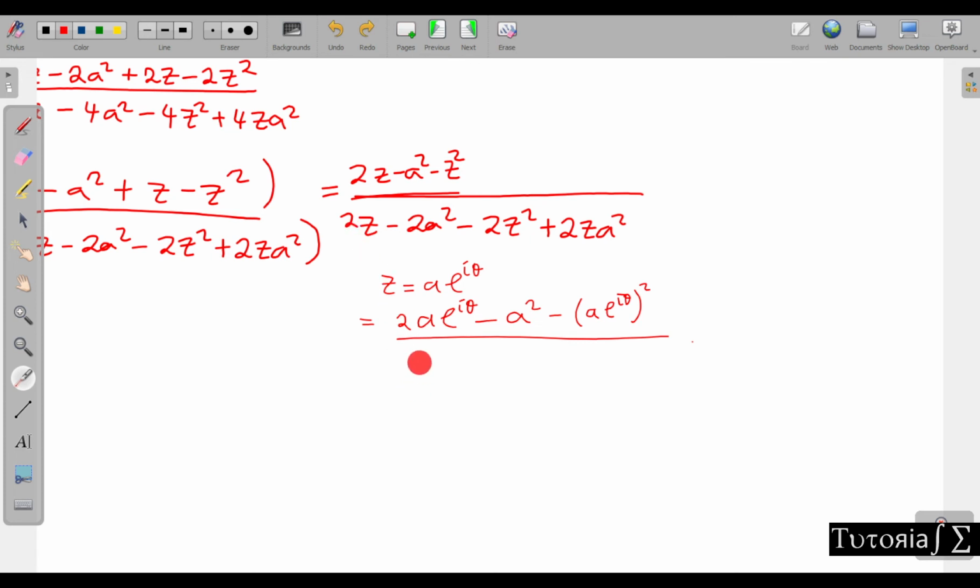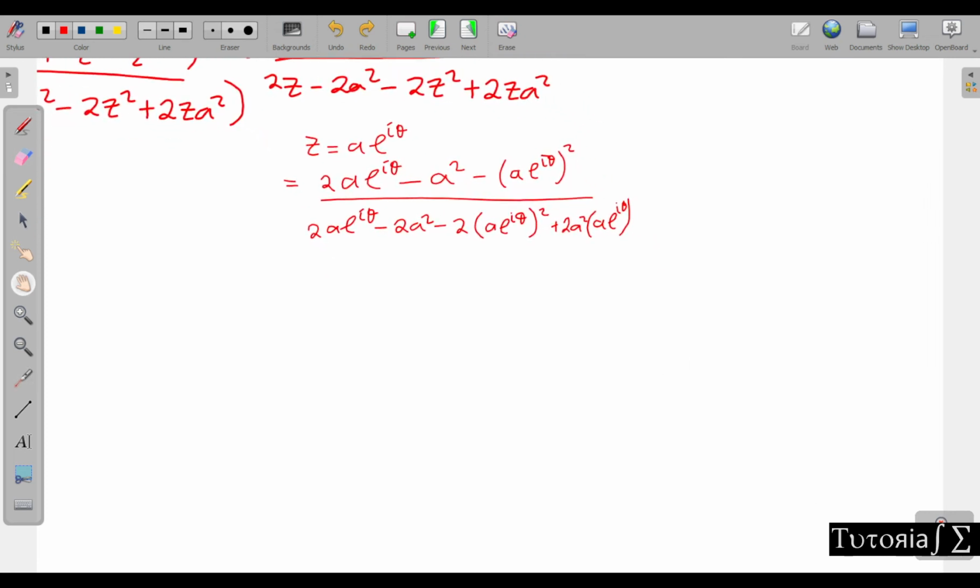Same applies here, it will be 2 a e to the I theta, where there is z, minus 2a squared, and minus 2z is e to the I theta, so it will be all of this squared, the 2 there, plus 2az will be that 2a squared, which is this squared, and that 2, then z is this, which we put. And now